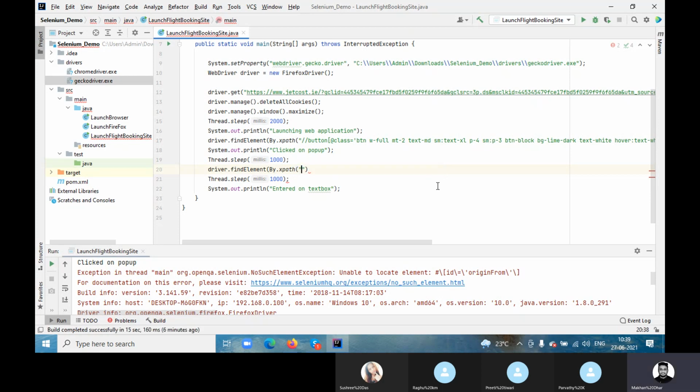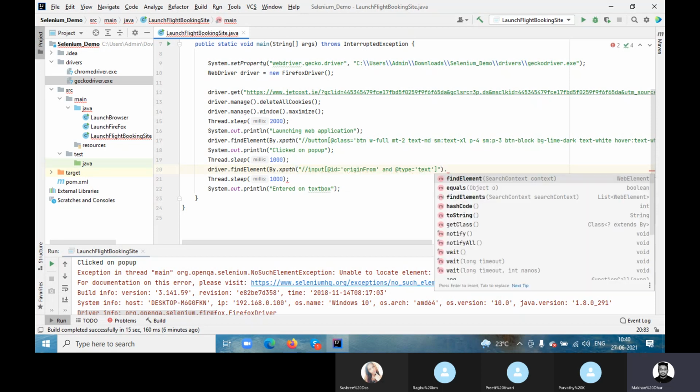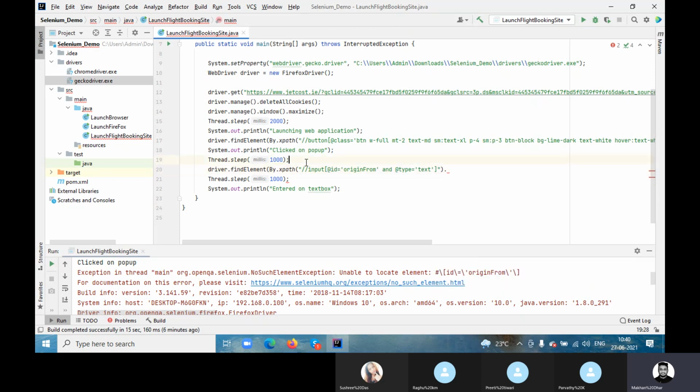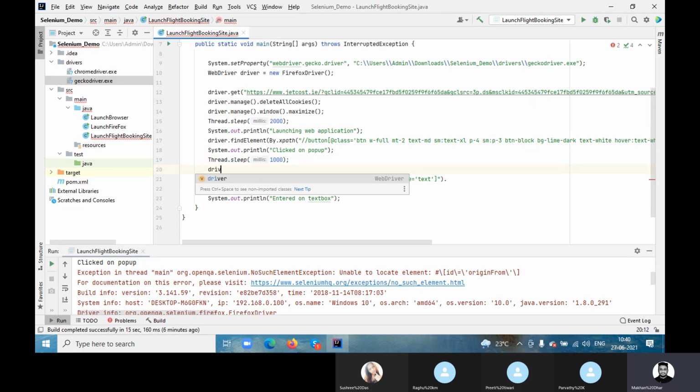One second. By dot XPath, bracket start, bracket close. But the question is, why is it not coming fine? Driver dot find element by dot XPath, bracket start, bracket close, then send keys, and this should be, suppose, Bangalore.